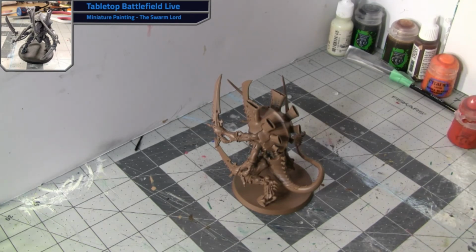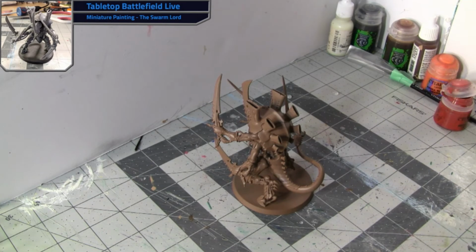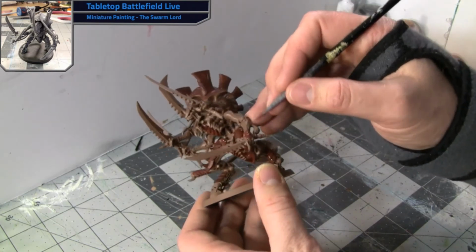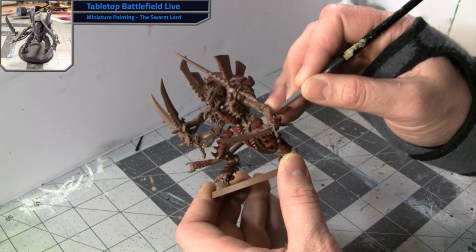Today, I am working off a SwarmLord miniature for the Tyranid faction from Warhammer 40,000. He is primed using brown primer from the Army Painter series. For this tutorial, you will need 3 to 4 shades of paint, such that each shade of paint is slightly brighter than the previous one. In addition, a wet palette will be helpful in order to keep your paints from drying out while you're applying